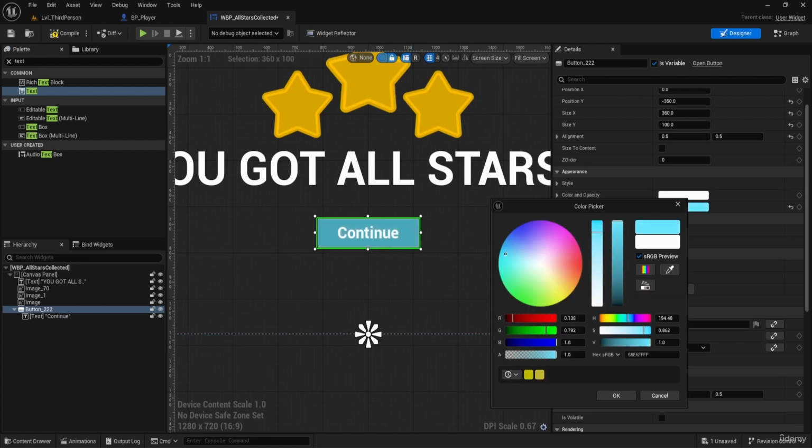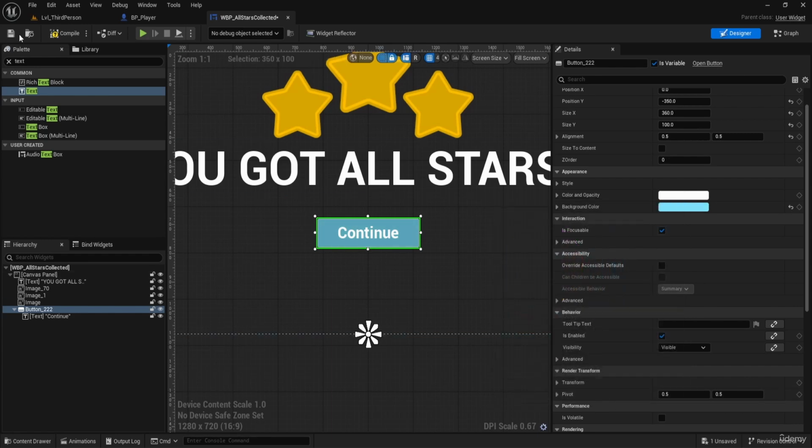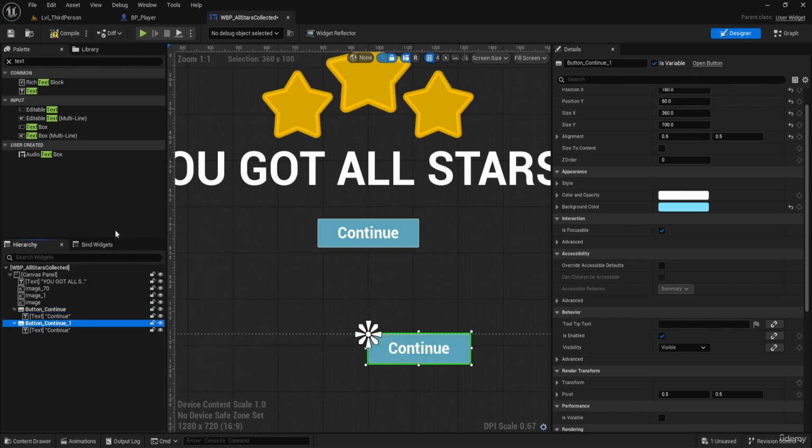Let's also set the color of the button to something more nicer, and let's set it to something bluish like this over here. Yeah, that's nice. Press OK and then save. And let's change the button text name to continue